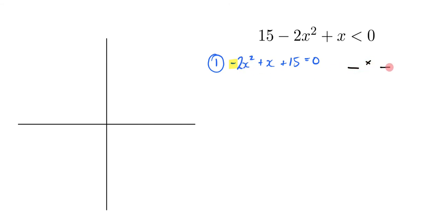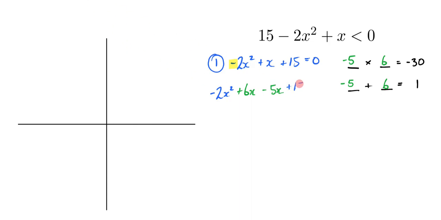So I'm going to have to think of two numbers that when I times them together, I get negative 30, and I got to negative 30 by going minus 2 times 15, and I'm going to have to think of two of the same numbers, which when I plus together, I get 1. So immediately what pops into my head is 5 and 6 give me 30, and if I do 5 and 6, I'm going to get to 1 if I have a minus 5. Minus 5 times 6 is negative 30, minus 5 plus 6 is 1. So now I could come over here and rewrite my equation. It's going to be x squared, then plus 6x minus 5x